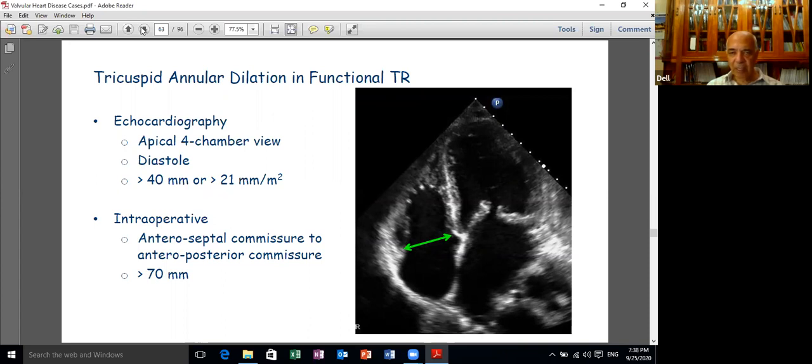If the tricuspid ring is dilated, as evidenced by an increase of the diastolic dimension of the tricuspid ring in the apical four-chamber view beyond these figures, 4 centimeters or 21 millimeters per square meter body surface area, this means that you have to change your decision from mitral balloon valvotomy to surgery, because the tricuspid ring here should be shrunken by annuloplasty. Otherwise, you will open the mitral valve, improve the cardiac output, increase the venous return, and aggravate